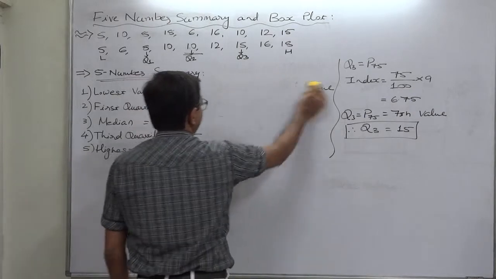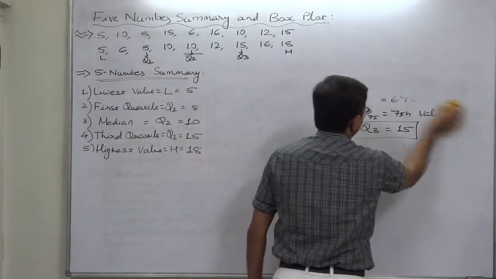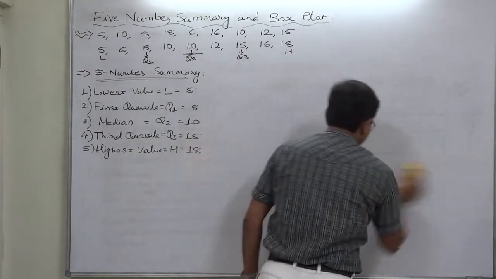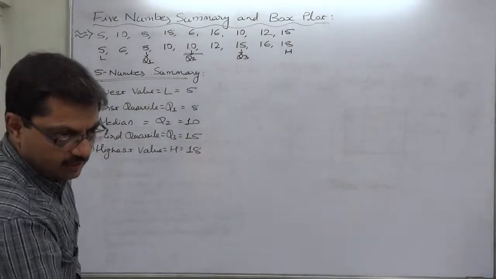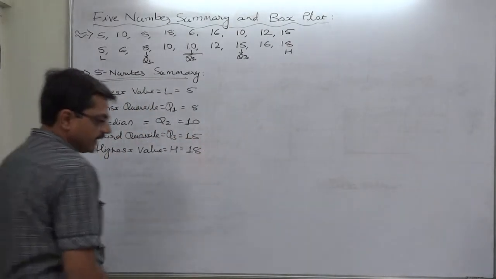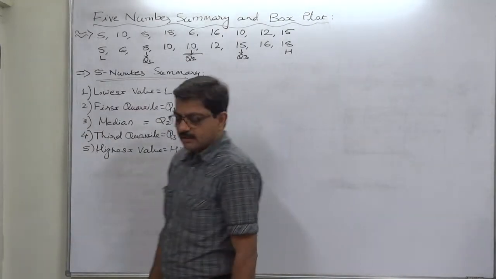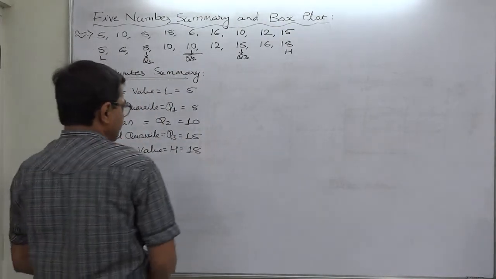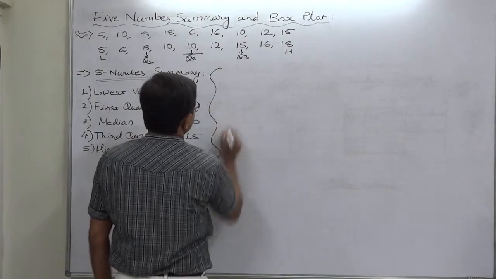Now we are moving forward to prepare or to draw a box plot. But before drawing a box plot, we have to perform some basic calculations. We have to calculate IQR, interquartile range, and then we can calculate the lower limit and upper limit, and then at the last stage we have to determine the outliers, if any. So first of all, interquartile range.